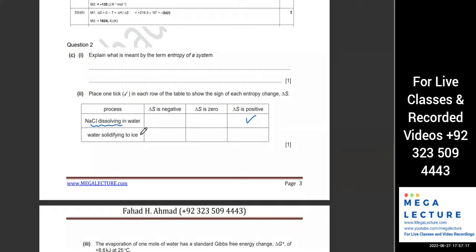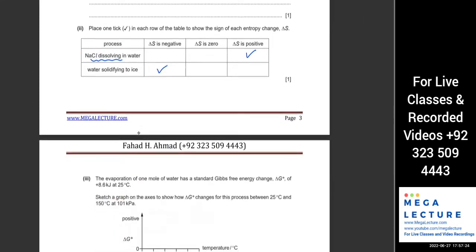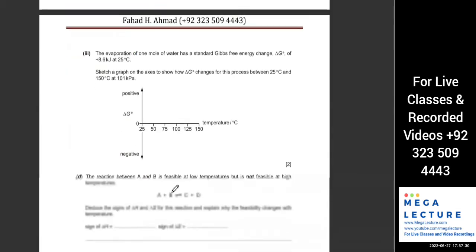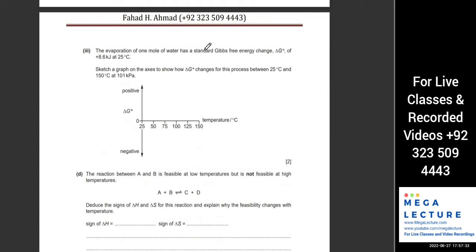Water is solidifying to ice. That is less disorder. That's delta S negative. That's a decrease in disorder. So that is delta S negative. Less disorder being created. Over here, he's saying that the evaporation of 1 mole of water has a standard Gibbs